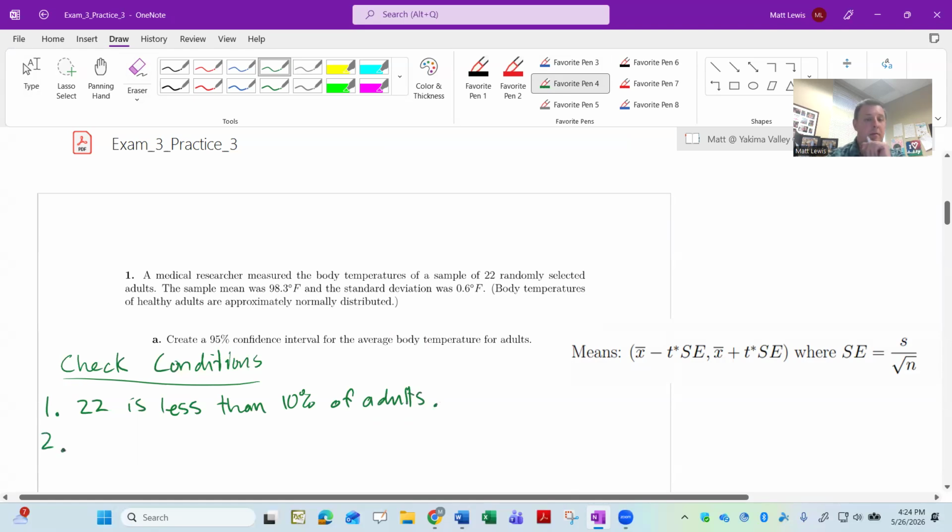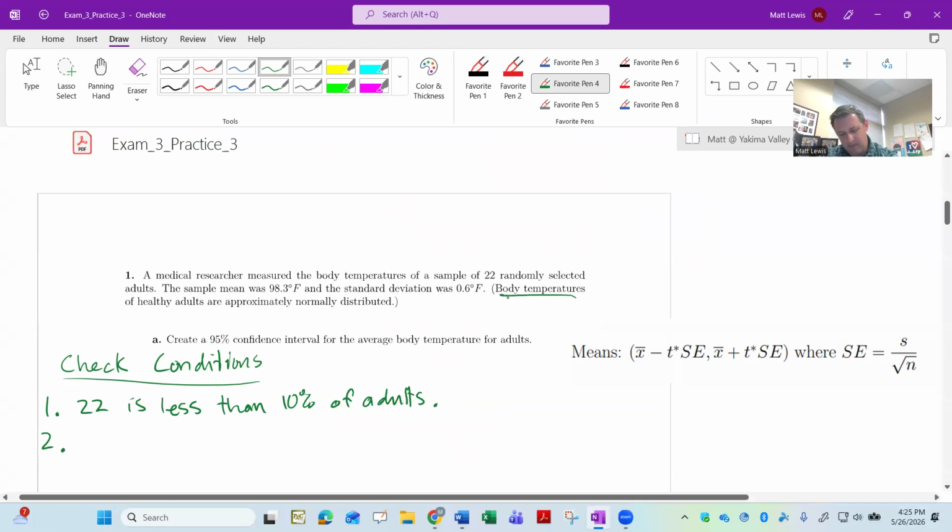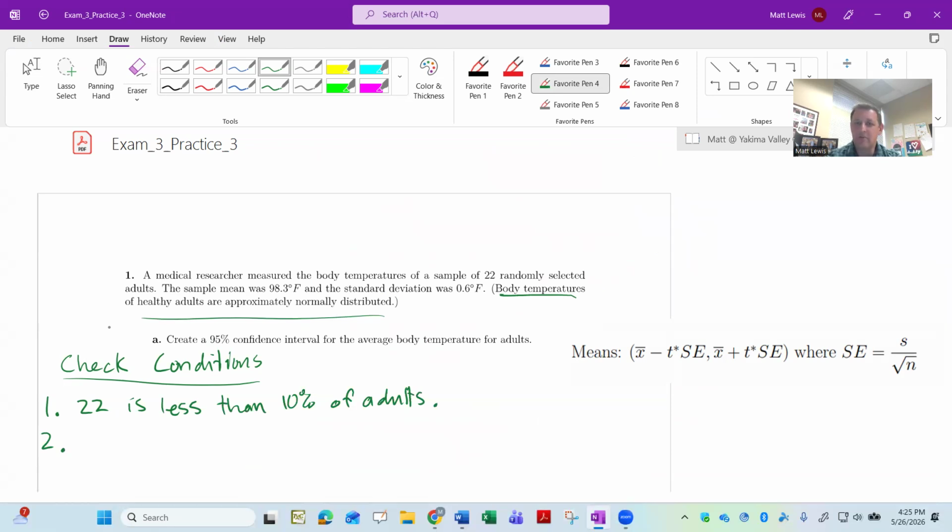Now, number two, remember that one is the population needs to be nearly normal. It needs to not have a strong skew in it. We don't have access to what the population looks like, and we don't even have access to exactly what the sample looks like, which is what we often use to make a guess about the population, right? You look at a histogram of our data and use that as evidence as to whether the second condition is met. We don't have that this time, but they did tell us, and remember when we studied normal distributions, we said that things that occur naturally do tend to follow a normal distribution a lot of the time.